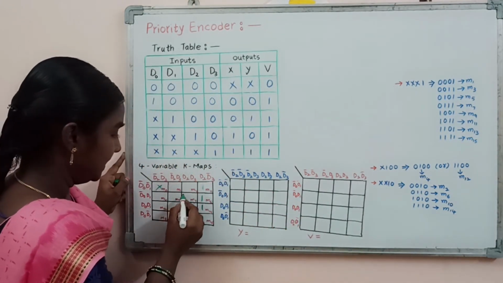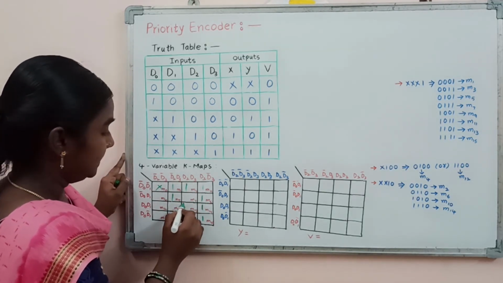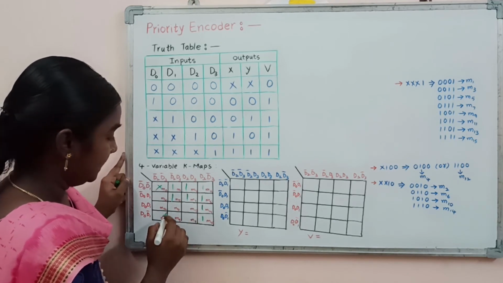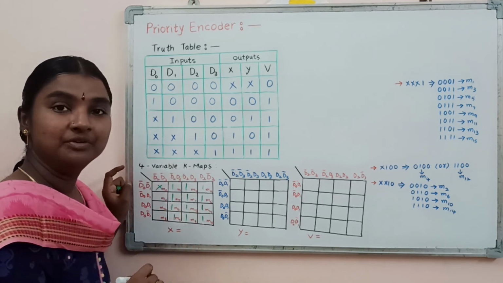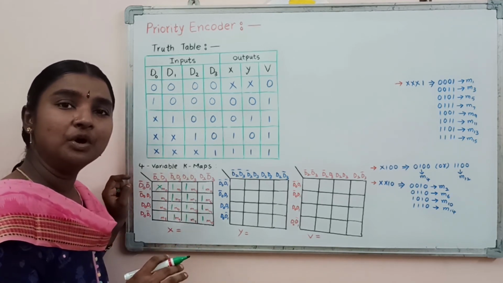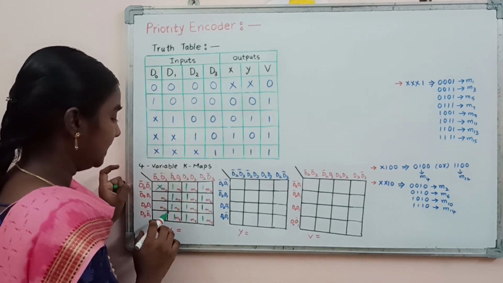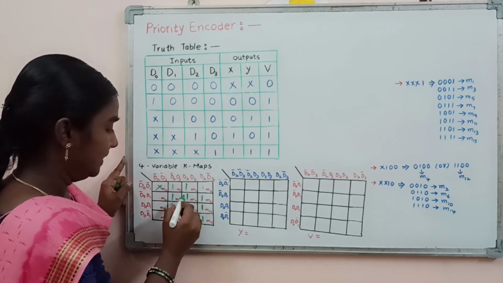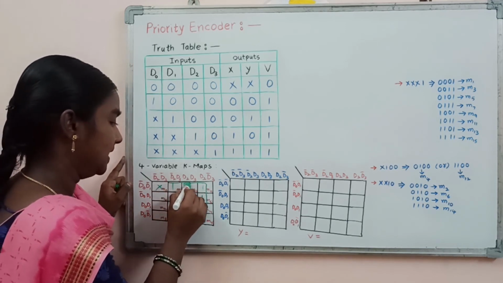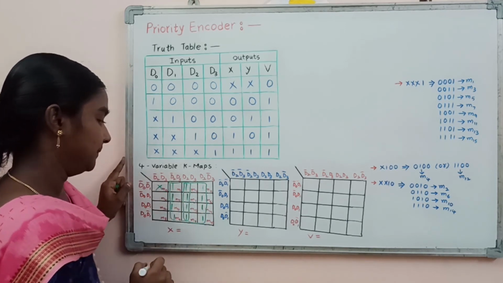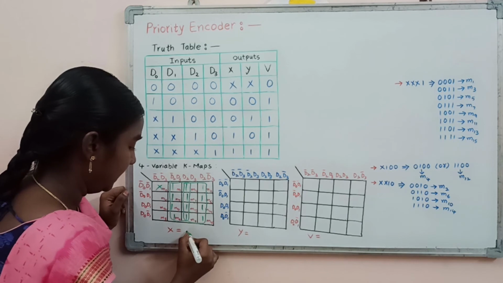So M1 is here, M3 is here, M5, M7, M9, M11, M13 and M15. Now we have to combine all these ones and don't cares. By considering the maximum number of ones, we may combine these 8 ones and these 8 ones. Now the Boolean expression for the X output is going to be D3